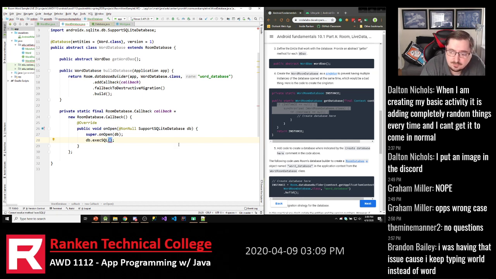So first parameter, no, there's only one parameter. So I need to write in the statement that I want here. So delete from word_table. So that's going to delete all the existing rows from the word table. And then I want to insert my own data. So execSQL, again, insert into